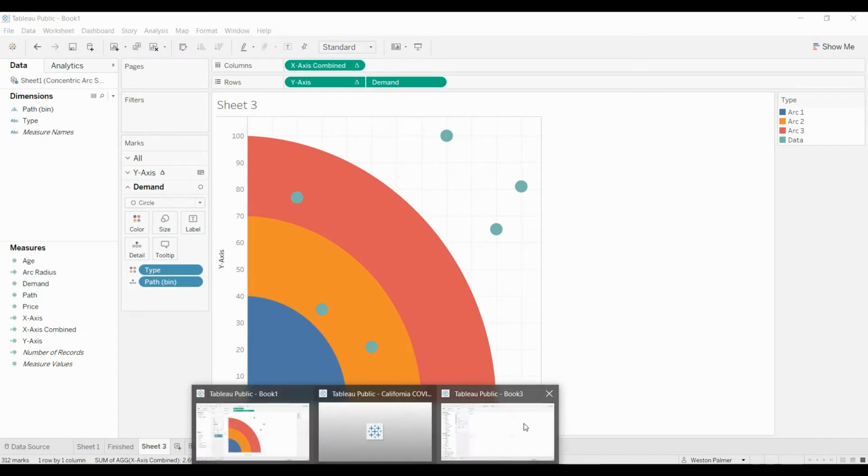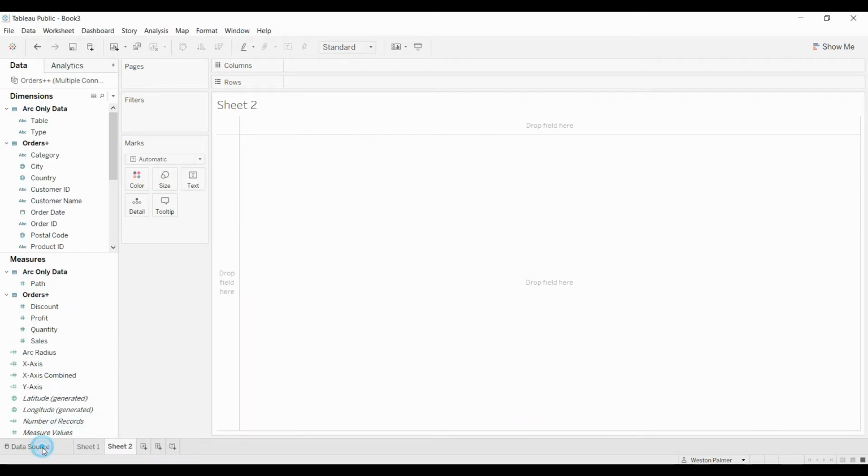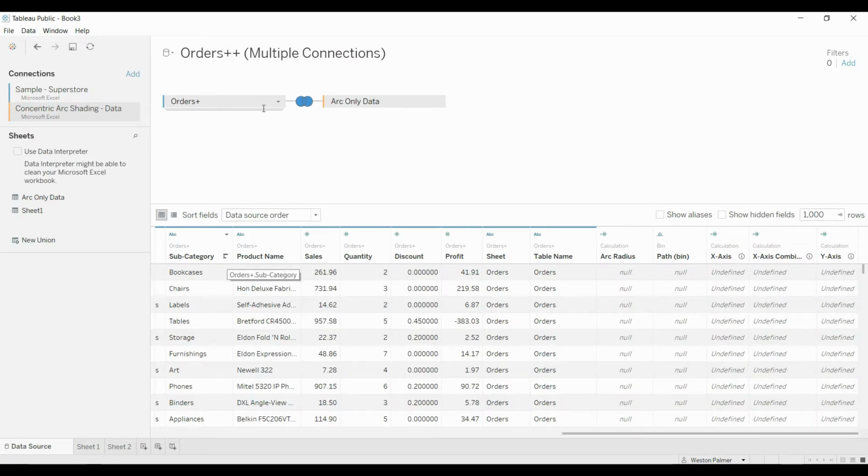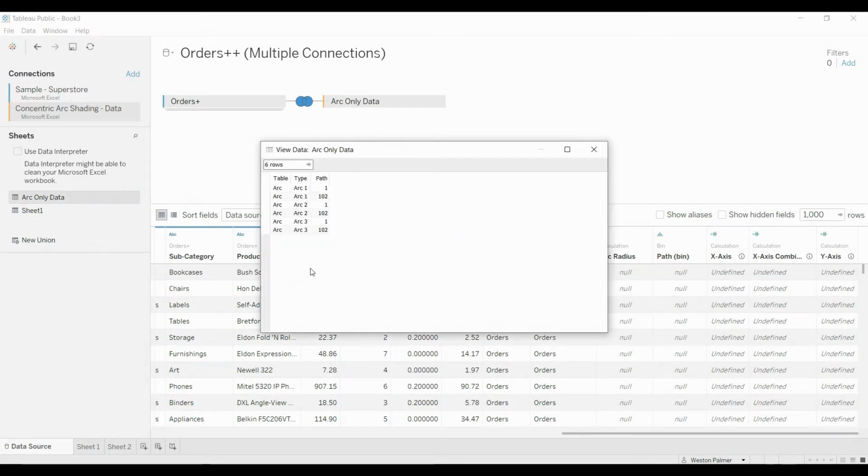So we're going to come to a new worksheet. I've already added the data. This is orders, basically the superstore data, and I converted this to a union. When you convert it to a union, you have this new field generated, table name. It's got orders. Now I will bring over arc data, which basically has one column, just lists table, arc,